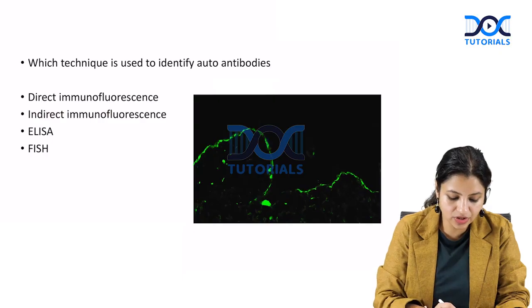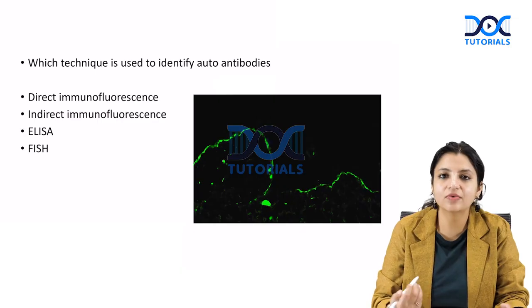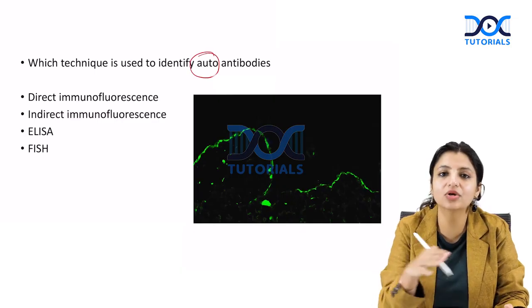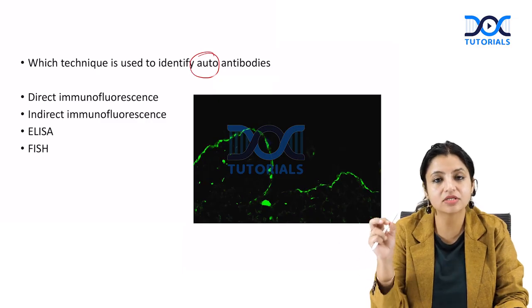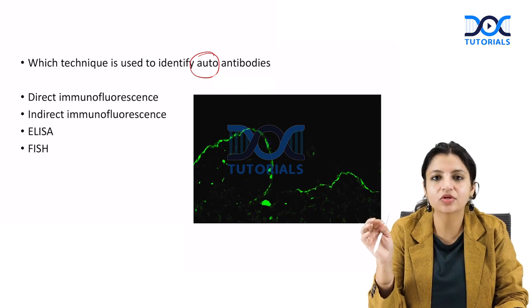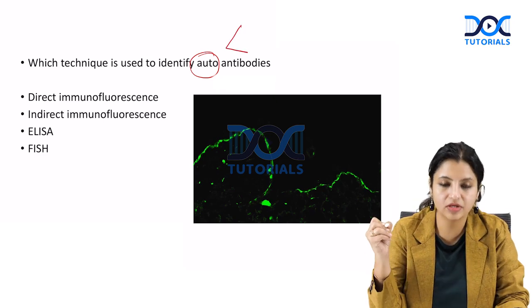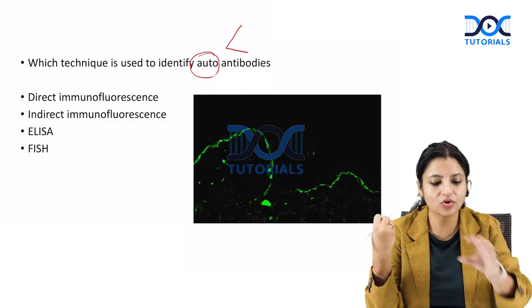Now, let's go to the next question. Which technique is used to identify autoantibodies? Whenever we have to identify the autoantibodies, autoantibodies means circulating antibodies. So circulating autoantibodies can be picked up in two ways. What are the two ways of picking up circulating autoantibodies? When they're circulating in the blood,